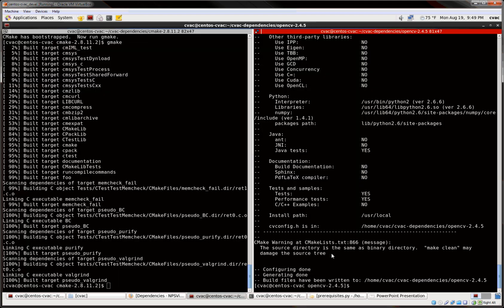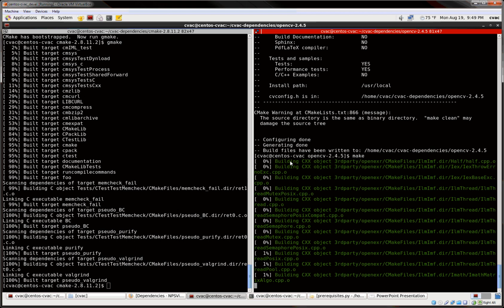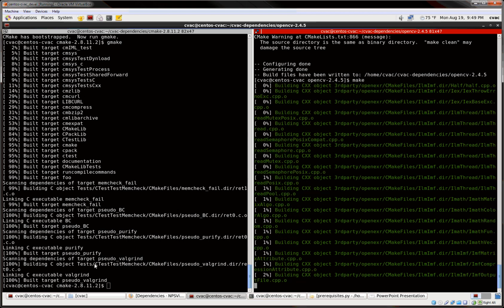So let's go back to this window. For OpenCV, which I ran CMake on, now we can run make to let it build, and that's how you compile the OpenCV source code. Let it run. Go back to the slide,